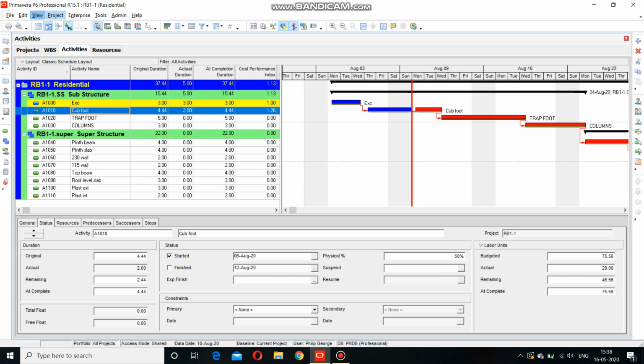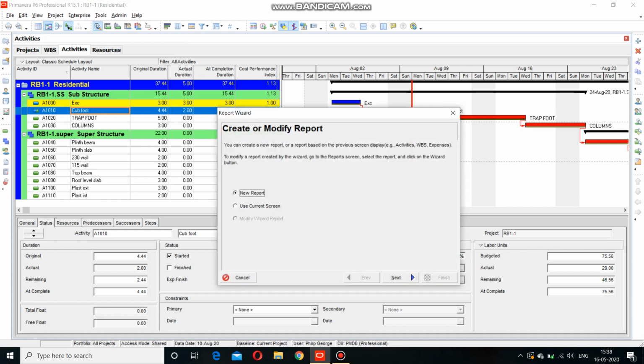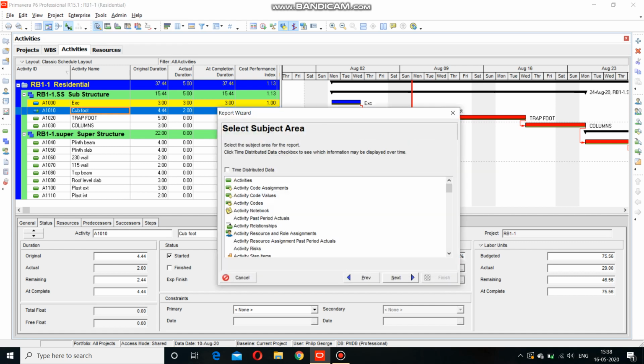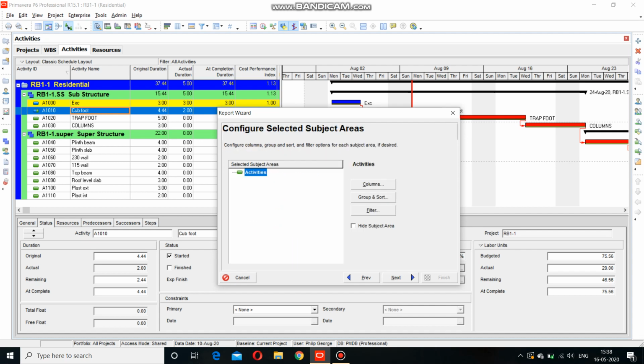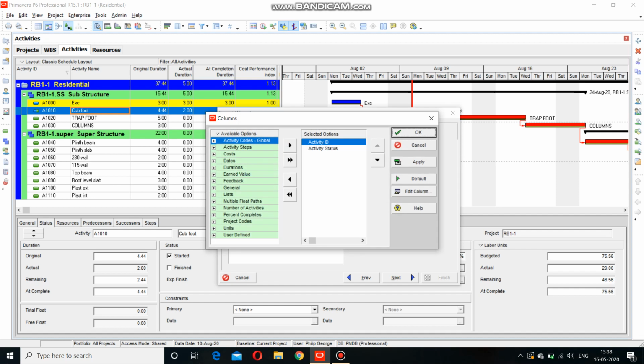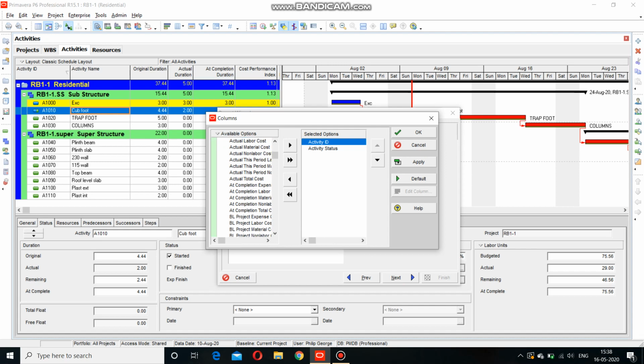Finally we went to Tools and learned how to get the report for our project. We went to the report wizard and created a new report. We made it time distributed data, and here we have many options, but I'm selecting activities, and in the activities we added which columns must be displayed in the report.